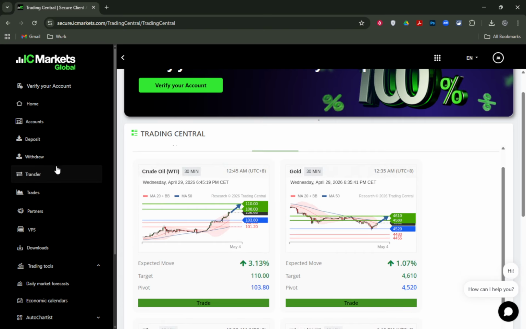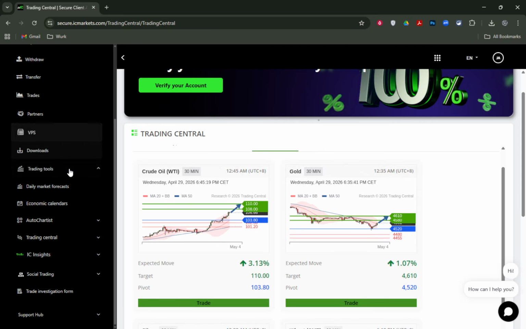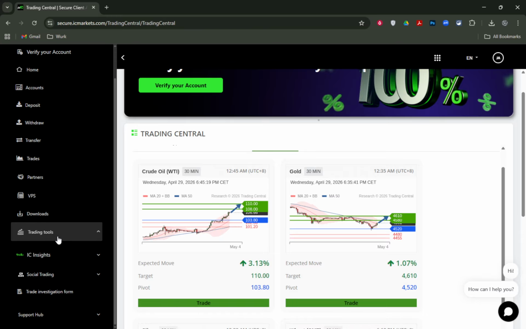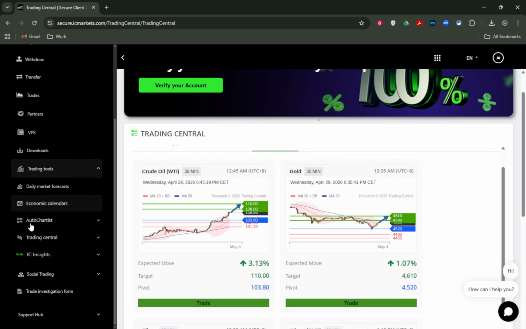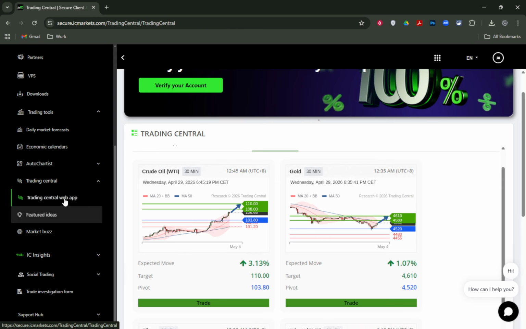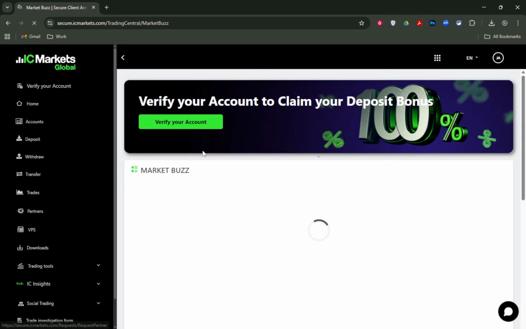Here's how to access it from your IC Markets client area. Start by going to the IC Markets website and log into your client area. Once you're in, look for Trading Central or find it under the Analysis or Tools section. Click through and the dashboard will open in your browser. That's it. From here, you're in the main hub, where the most popular modules are easy to spot: featured ideas, market buzz, and technical views. If you don't see the label you expect, names can vary slightly by layout, so just check the research or